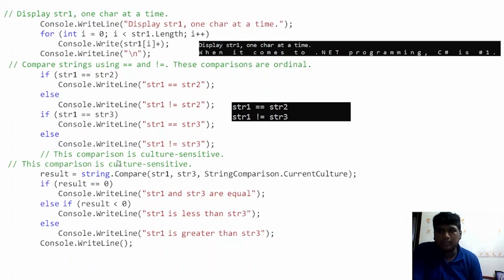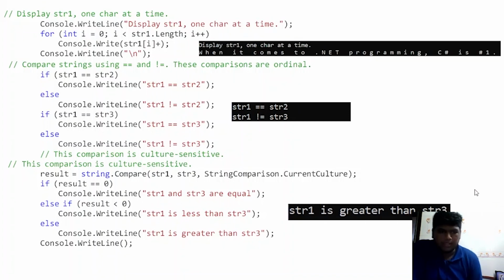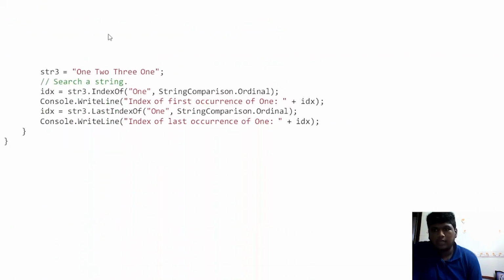Then here the comparison is culture sensitive. That means if two strings are sorted related to the cultural norms, and we are here using the Compare method, which returns an integer value, that is either 0, positive or negative, and simply the respective output is displayed here. Now we are creating another string, that is str3, and the content of str3 is 1, 2, 3